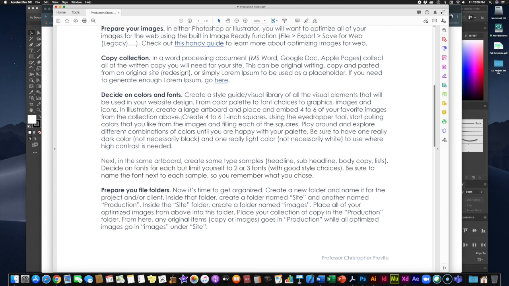These are really just for inspiration, right? And we're going to draw things from these photos, particularly our colors. Then you're going to create 4 to 6 1-inch squares. They can be whatever size you want, but 1-inch squares are good. And then using the eyedropper tool in Illustrator, start pulling some colors that you like from those photographs, from those